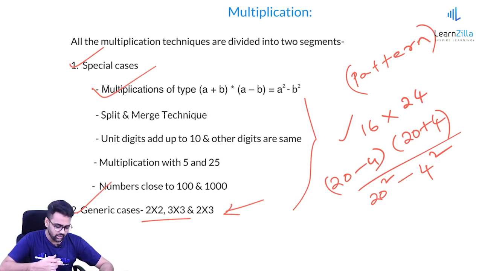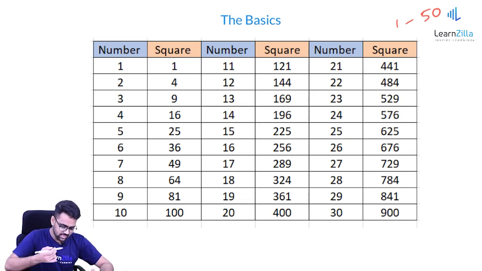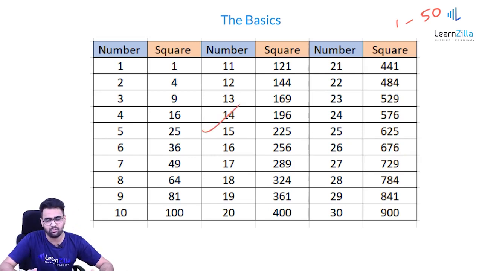Now let us first learn this, and before we go there, there are a few basics that I want you to learn and understand by heart before you start with this. Firstly, squares of numbers from 1 to 30. If you can remember it from 1 to 50, that's well and good, but at least squares of numbers from 1 to 30 is something that you should have on your fingertips. Everyone will be comfortable till 15, because these are mostly used and frequently come across. Better you put some emphasis and learn squares of these numbers.